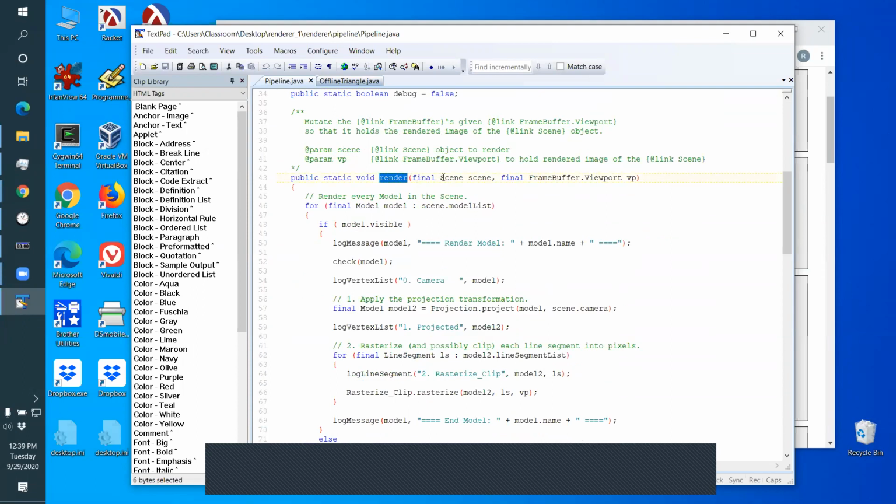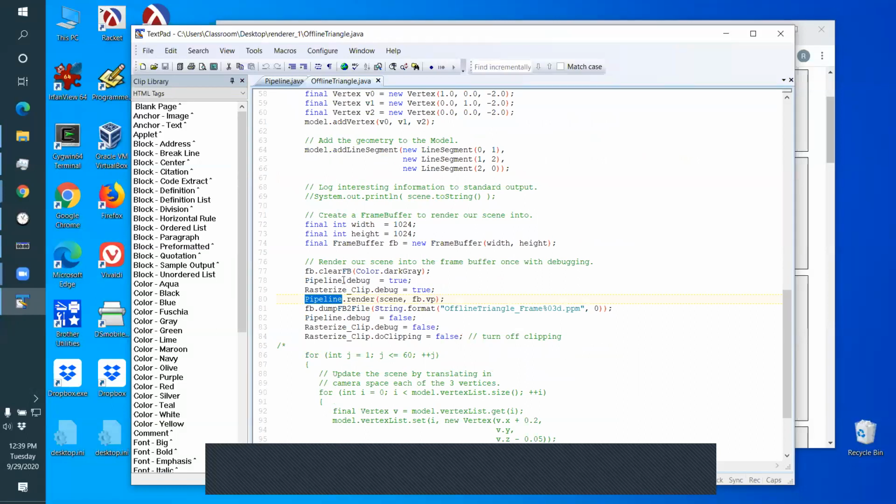Remember, we're rendering a scene into a viewport. Okay, and we're not going to make any changes to the scene. We'll make a copy of the scene so that we can make changes to the models. We'll make copies of these, and we're mutating the viewport. So we're updating the contents of the viewport, but we do need to modify the scene, but we don't modify the scene that's passed to us, because that actually belongs to the program that's over here. This program really wouldn't like it if this scene got changed by calling the renderer, because remember, the next